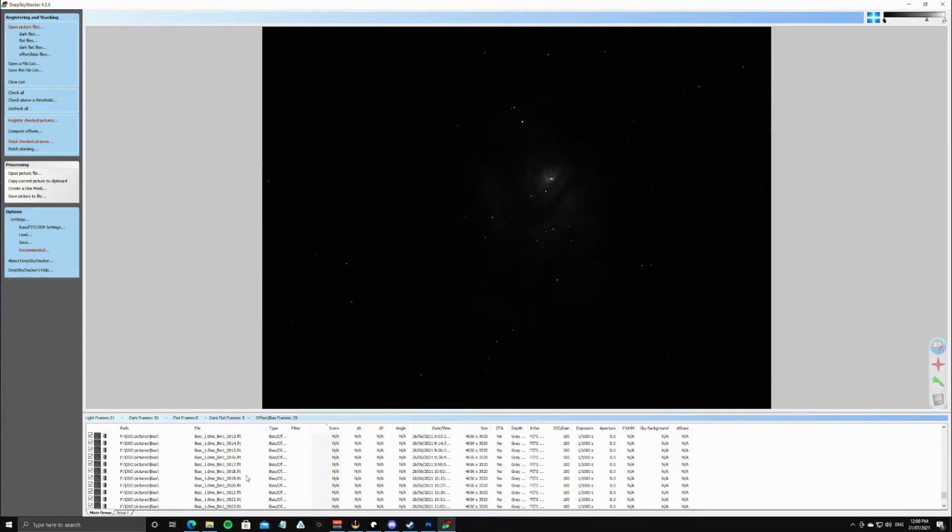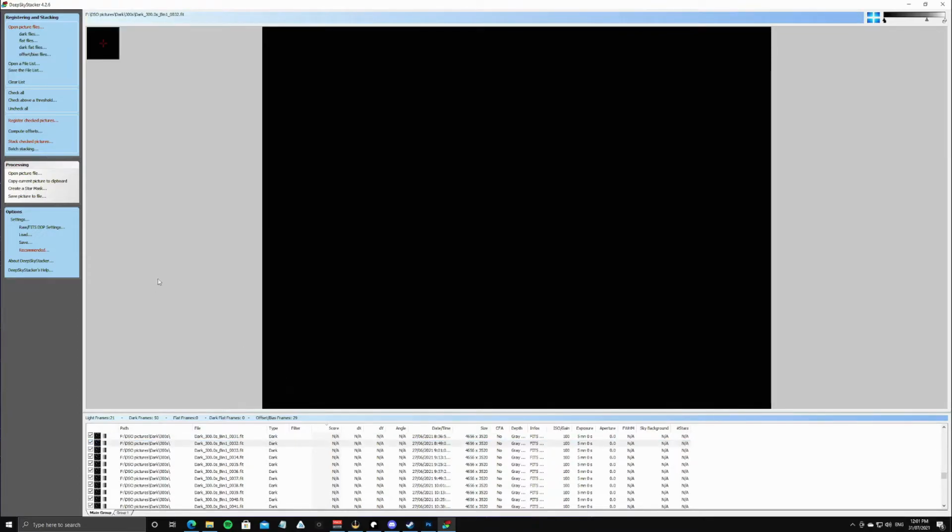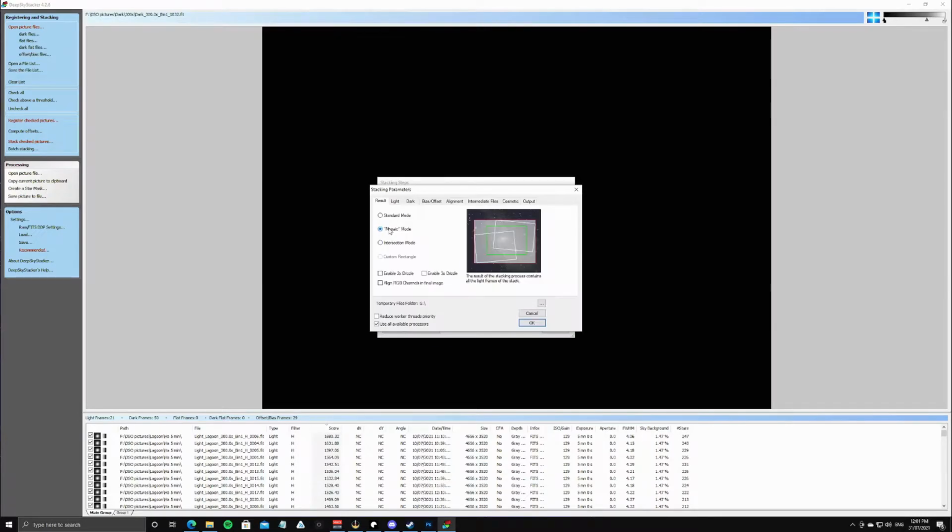And then the bias frames basically just take the shortest picture that it can. So you can see here it's 1/1000th of a second. And it just kind of picks up any other kind of noise that it wants to get rid of. So those automatically are just pre-checked because you don't need to go through and see which ones are better and all that. And then basically when you do that, click stack checked pictures, and then in the stacking parameters